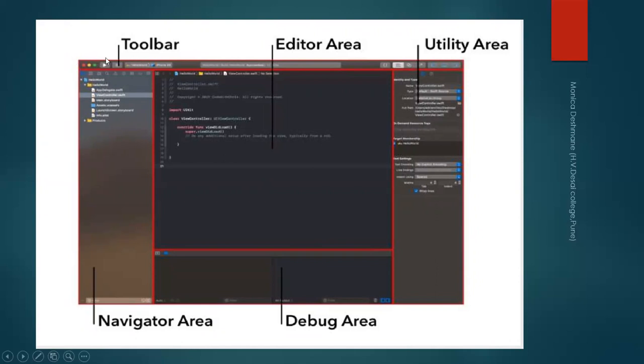Now the fourth part, that is the toolbar, which is this top bar containing a number of tools. So what are these particular tools?